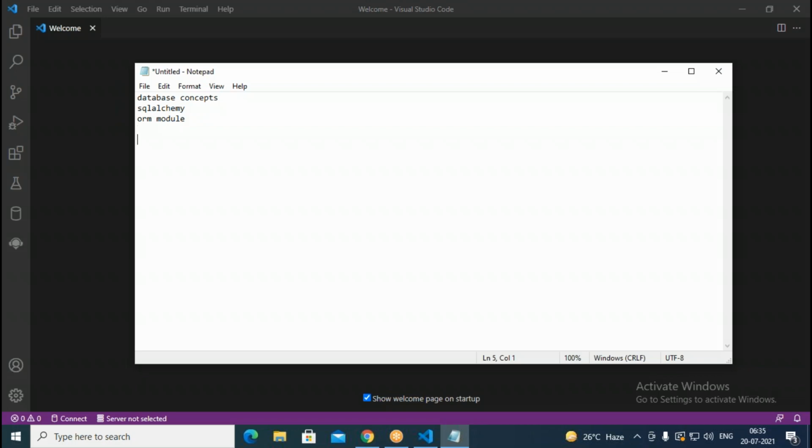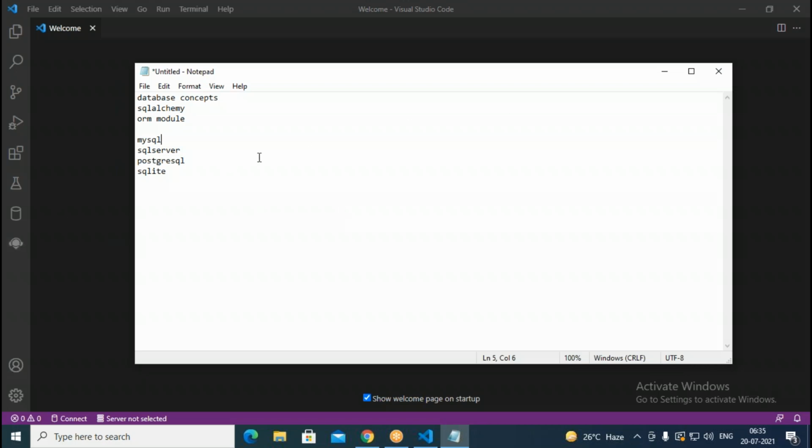databases. We have different types of databases like MySQL, SQL Server, then we have PostgreSQL, similarly SQLite. All these are different types of databases. So in order to work with any of these databases, first of all, the database has to be installed in your system. The concerned DBMS, MySQL or SQL Server or PostgreSQL or SQLite, whatever you want to work with, you have to install that. Then you can work with the concerned database.